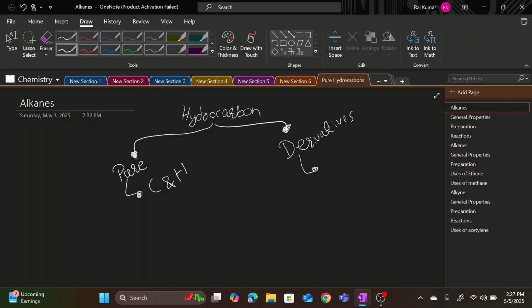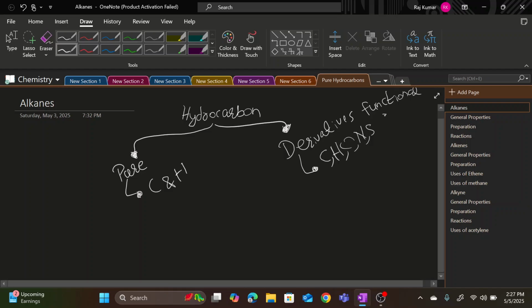But derivatives have, along with carbon and hydrogen, other elements like oxygen, nitrogen, sulfur, phosphorus, and so forth. Those are derivative functional groups. We are going to study those as well, but in today's class we are going to look into